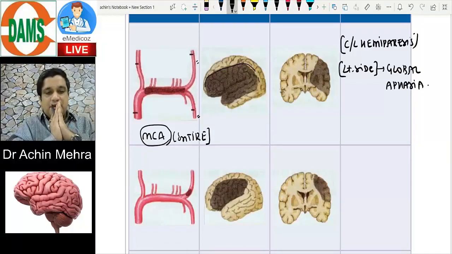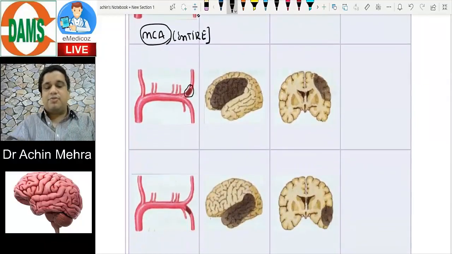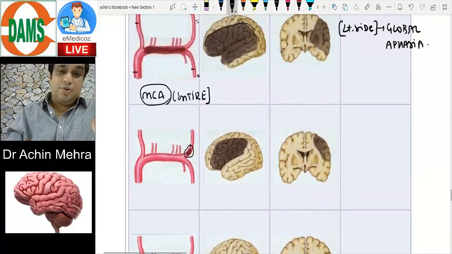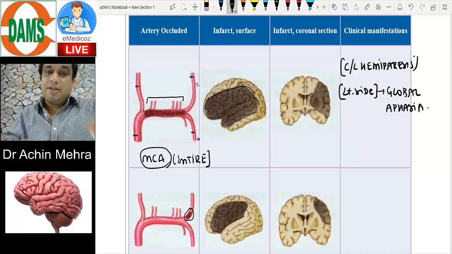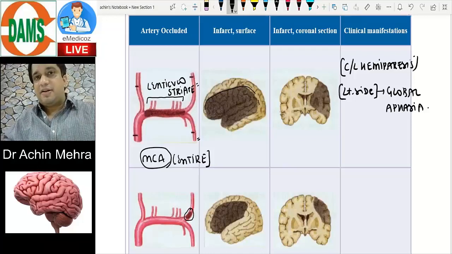Okay. Now this time we have got an image where we have the involvement of this area also. Now just a revision of something that you should know from anatomy. These are the branches of the MCA which are sending the blood deep into the brain, the lenticulostriate branches, which supply the basal ganglia part and thalamus region also. Now if at all these lenticulostriate branches are involved in the entire infarction of the MCA, the entire territory of it,